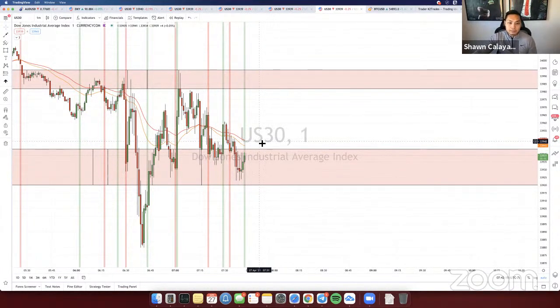It's kind of just going back and forth. And these are times when you should probably hold off on entering risky trades because you just don't know what's going to happen next, right? You don't want to enter a trade, and it ends up spiking up or spiking down and then you end up on the opposite side and get mad because you're like, man, I should have just listened to Shawn and just waited. It is earnings season this entire week, guys. So just keep in mind the market's going to be like this all week. So be careful if you're entering any trades and be cognizant of how the market's moving.